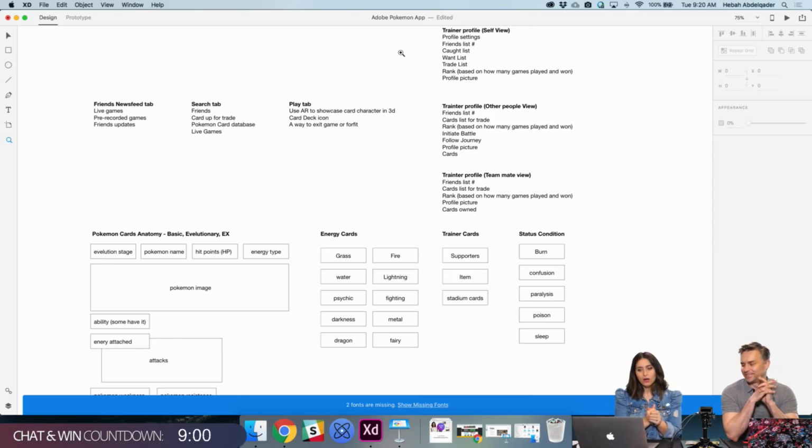Yeah, so since it's an app, he's going to need to have his own profile. And then it would be nice to see what his friends are doing, to make it a little bit more social. So who traded what, who made some cards up for trade, who's battling who. So that's another thing that we need to have in the app, is a way for the user to battle their friends. And then this is where we can integrate new technology, right?